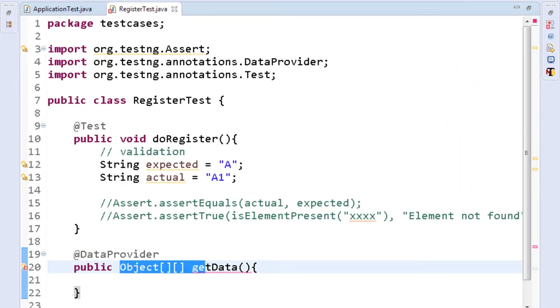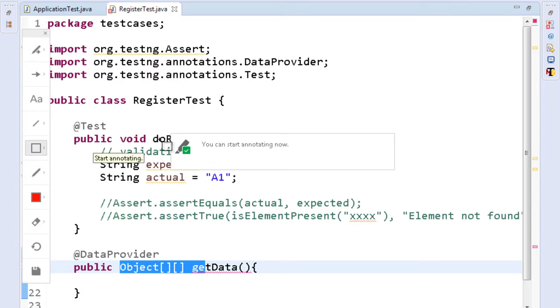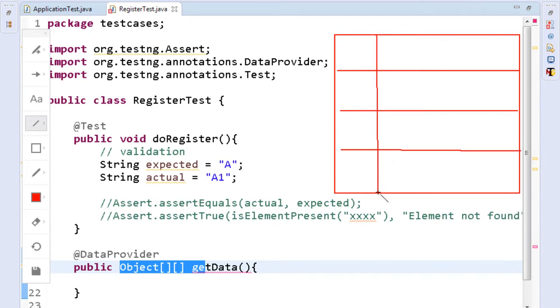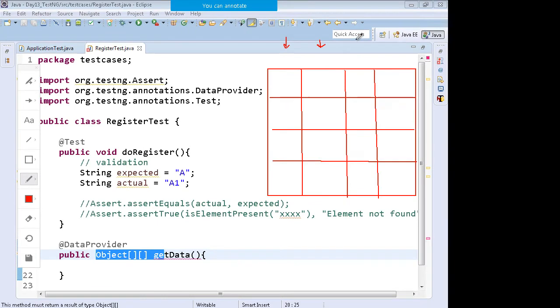This is a two-dimensional object array. What we do is make a two-dimensional object array with certain rows and some columns. The number of columns in this two-dimensional object array is equal to the number of parameters in this test case.